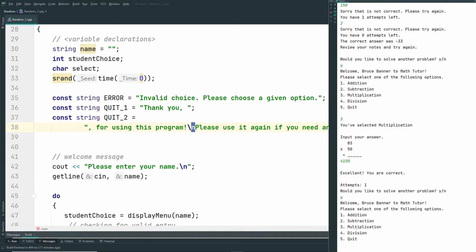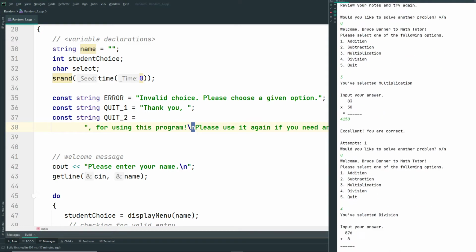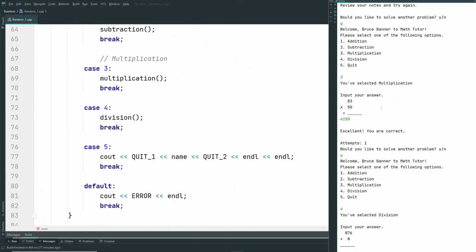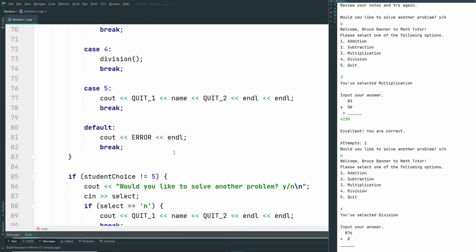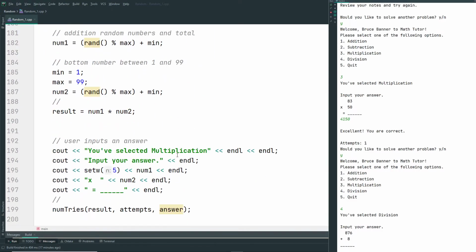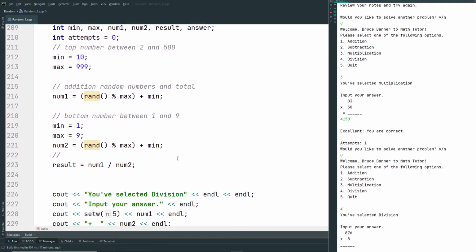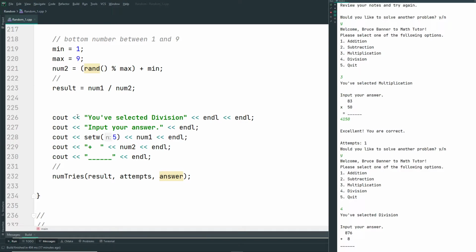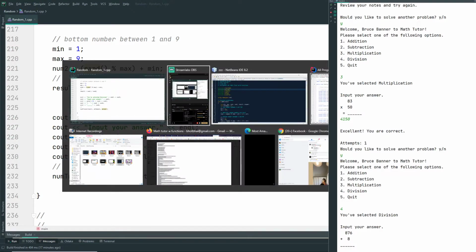Now the division portion is kind of weird. So you selected division. Okay, that's cool. Within this test, I found a bug. It's not supposed to say plus. So why don't we go through and figure out how to debug real quickly. I go down to division and figure out what portion was not right. Okay, so I didn't fix up this part right here. So you selected division. Now, how I can fix this is,